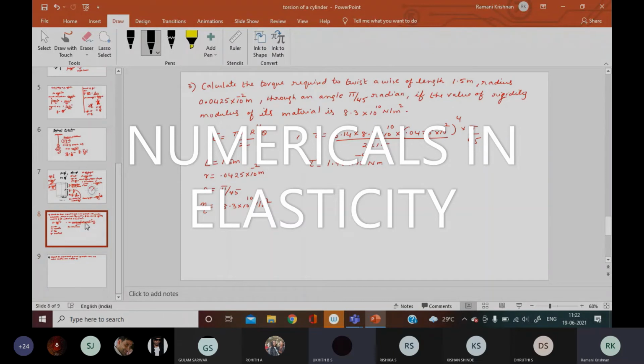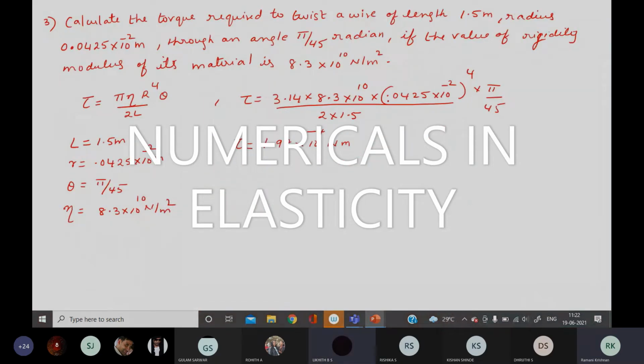Why did it come like that? Did you put a point... 1 minute. Did you round off any value? Did you put 0.0425 only? No, ma'am. 1.955 into 10 to the power of minus 4. That is okay. Did you substitute all these values properly? Yes, ma'am. Did you write 0.0425 after the digit? Yes, ma'am. You didn't neglect 5, no? No, ma'am. Okay. So what is the problem he's having?